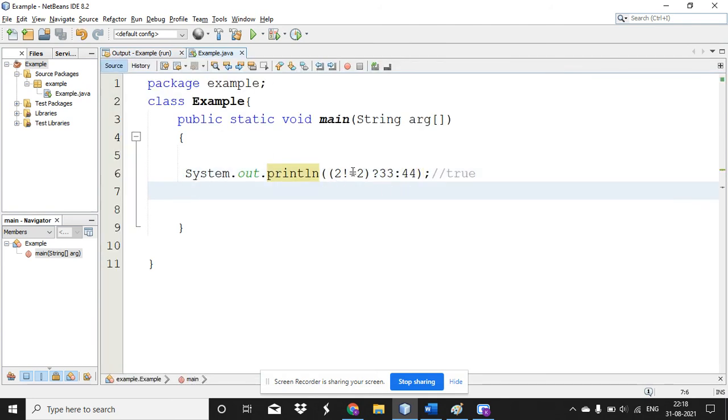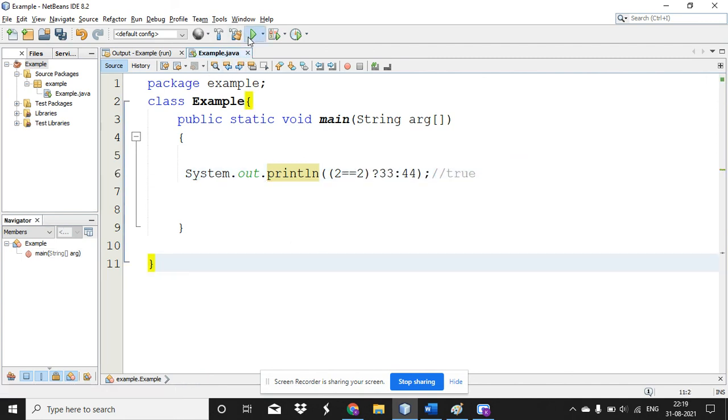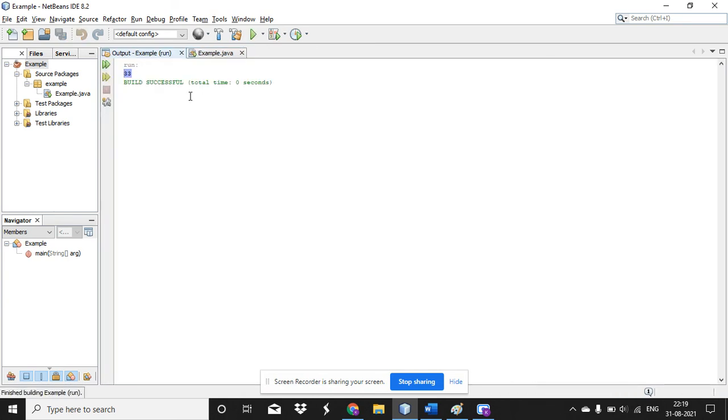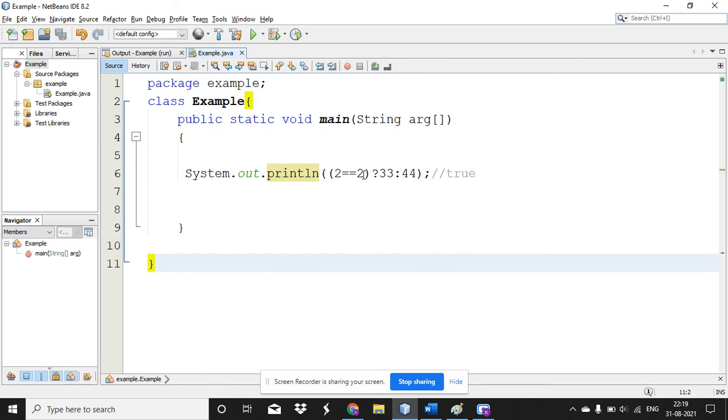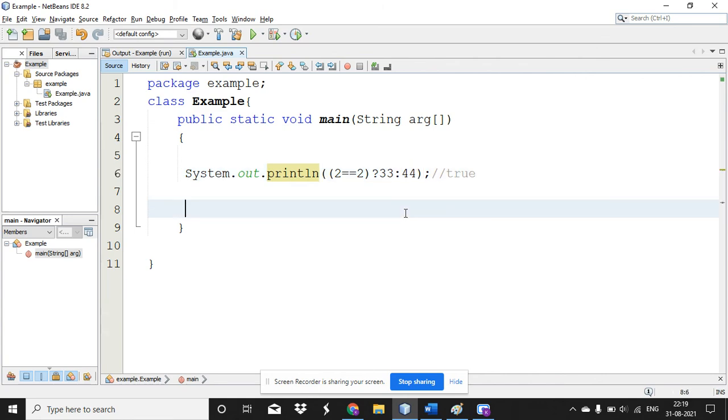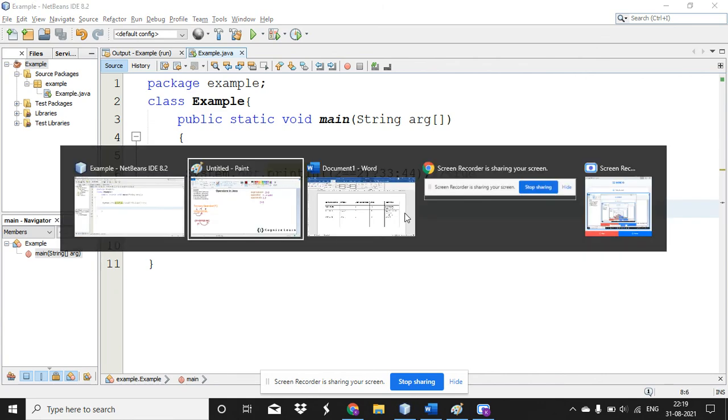available at the end. Now, if I am changing the condition as 2 equal to 2. Now check this. The answer is 33 because the condition turns to be true. Whenever it is true, it will print the value after question mark. Whenever it is false, it will print the value after colon. Okay.